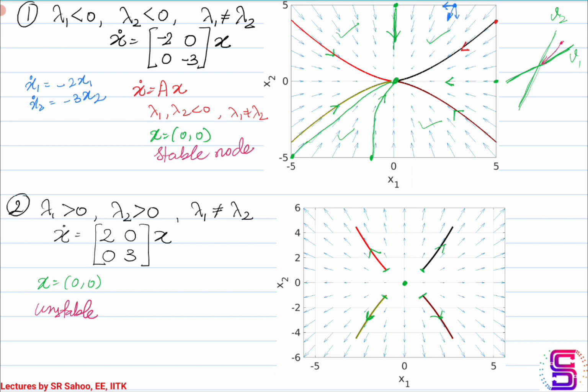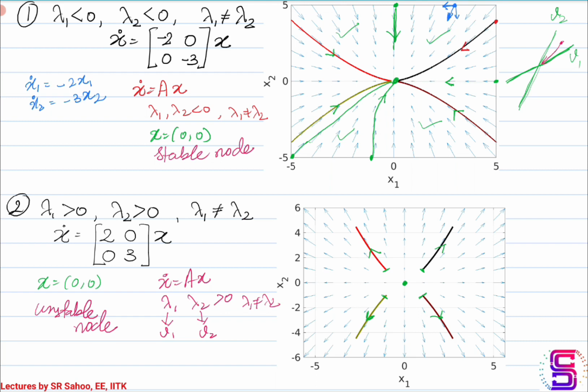In general, for a matrix of the form x dot equal to Ax, if lambda 1 and lambda 2 are positive and distinct, and let's say v1 and v2 are the corresponding eigenvectors which define the axes for the state space or the phase plane, then if a trajectory starts inside a section of the phase plane bounded by v1 and v2, it stays inside that particular section. Hence this property makes this equilibrium point labeled as a node. Here it becomes an unstable node.